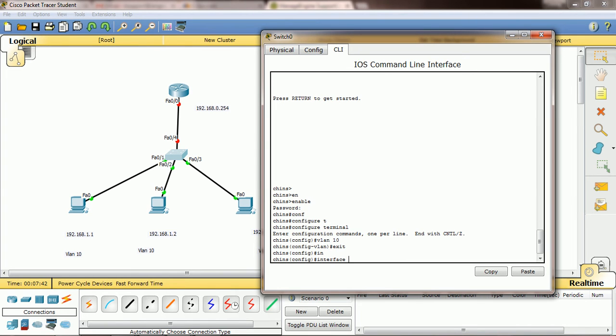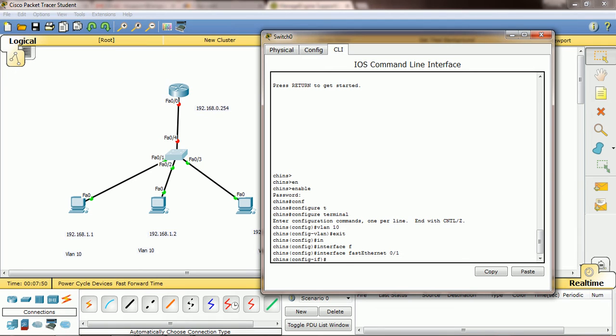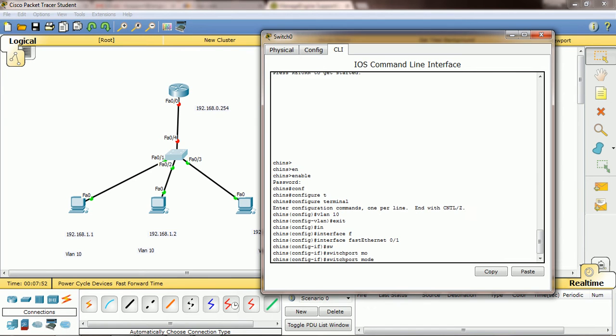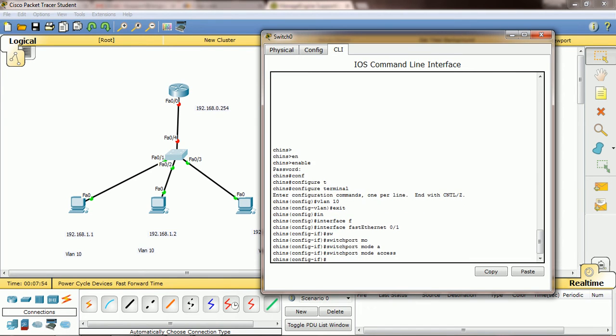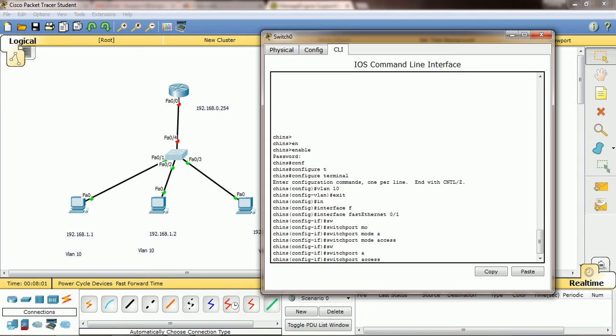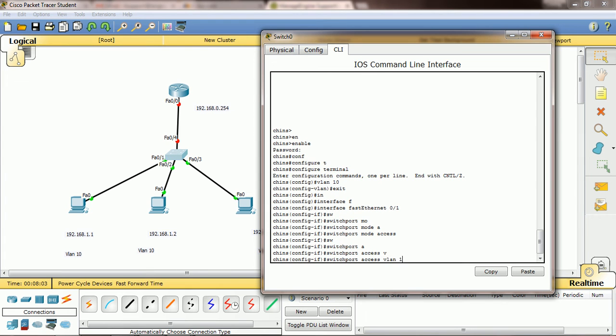So interface FastEthernet 0/1, then switchport mode access, then switchport access VLAN 10.